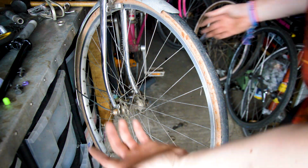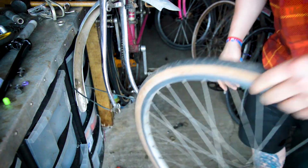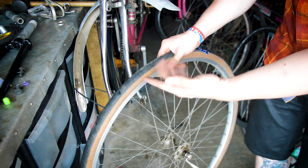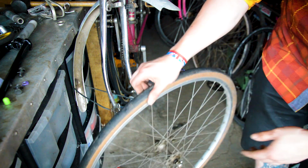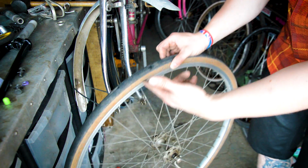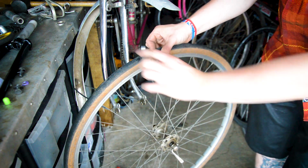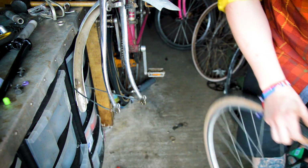Next, let's just try another wheel and see if it fits. Yeah, that came straight out. It says it's 700, these tyres are pretty chunky, they're 28s, 700 by 28 Wolber. Couldn't see any tyres around Eroica with this balloon style. They were all quite low profile, even the 28s that I found. So I do have some knocking about that I can use, some more modern ones. But I just want to see